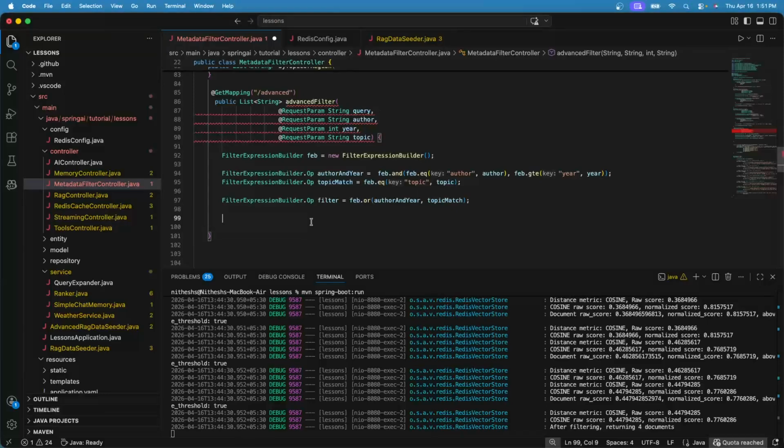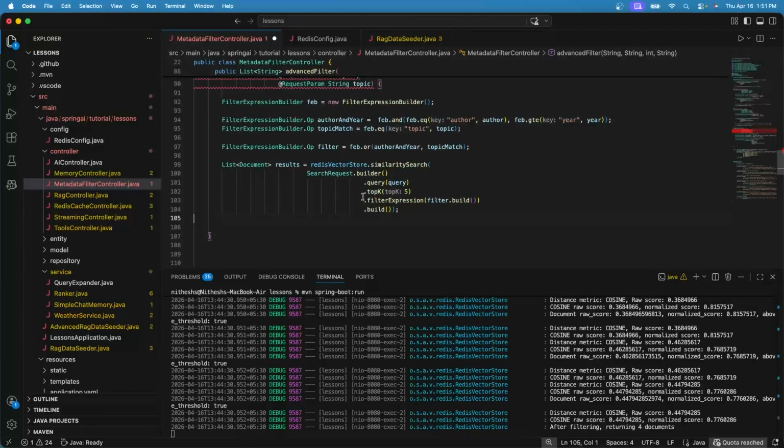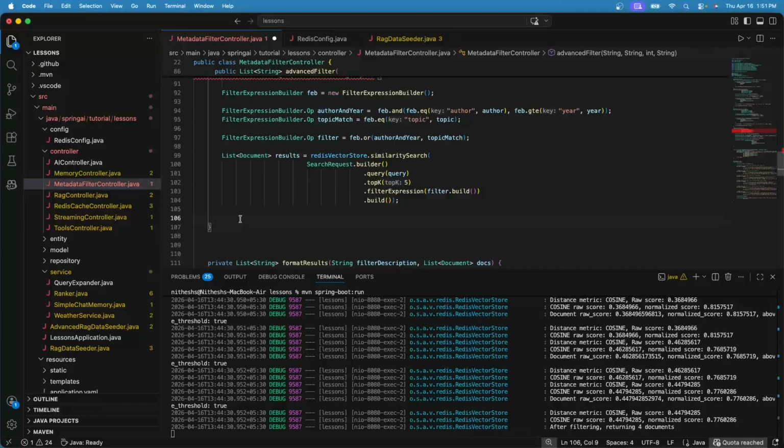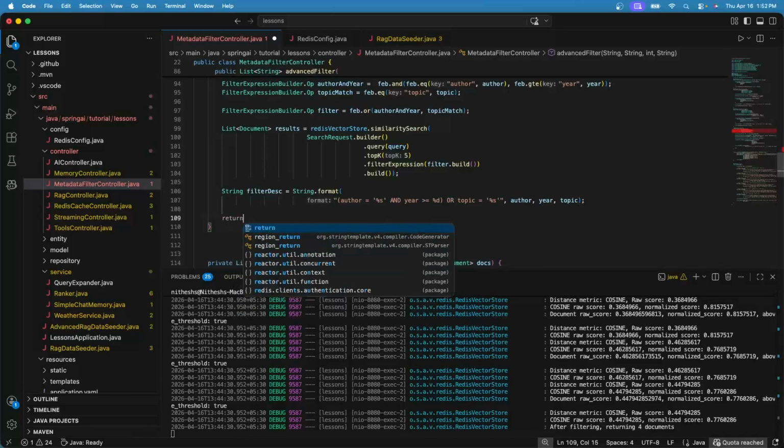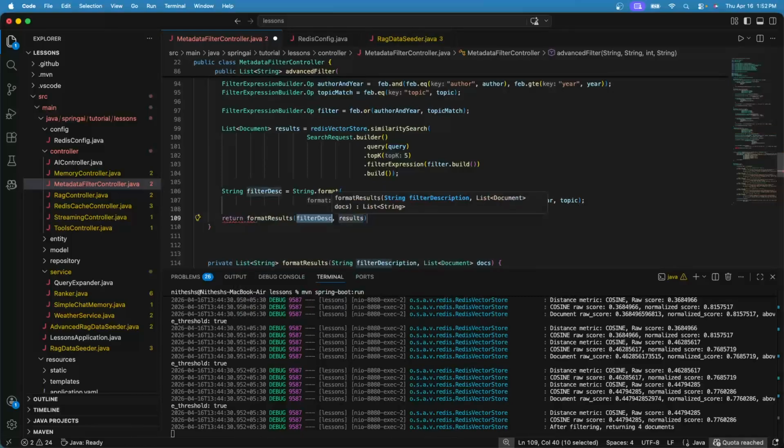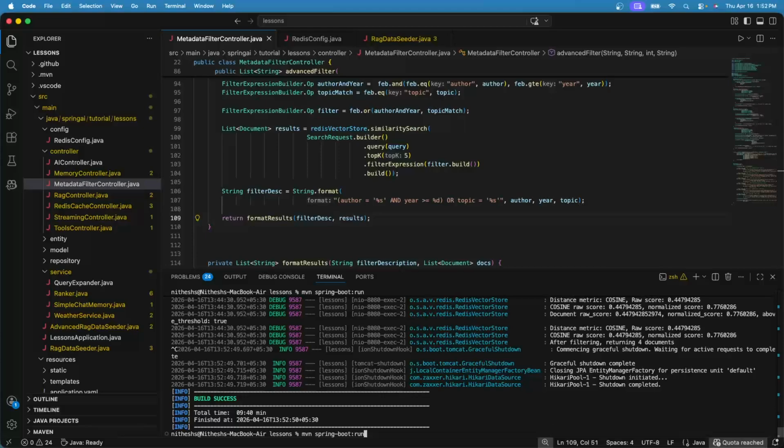Now let's get the documents using this filter expression. Let's define a filter expression description. Now let's return the formatted result. Let me call the helper method with the filter description, then results. Now let's build and run the application.